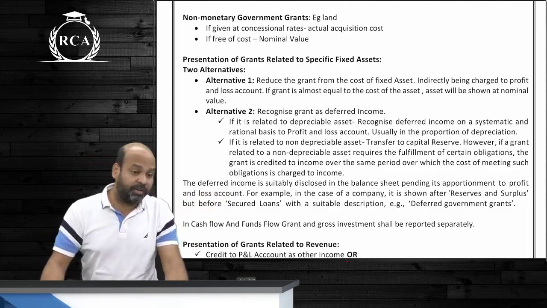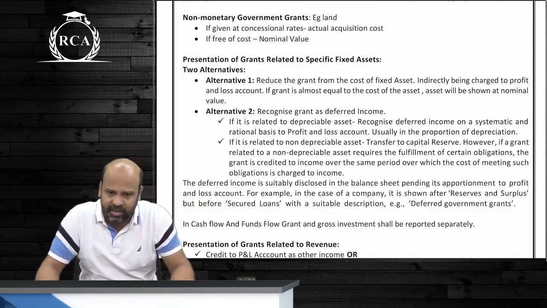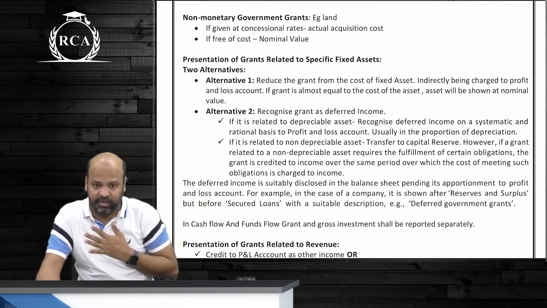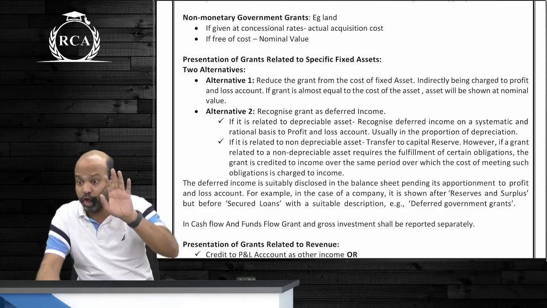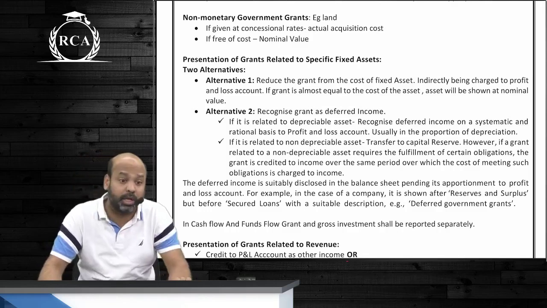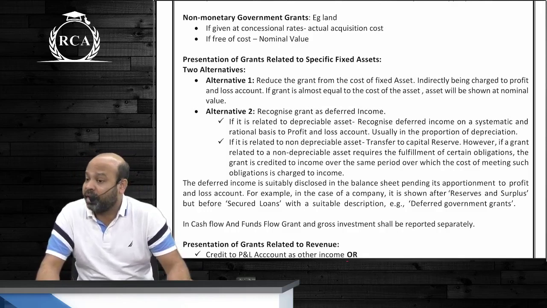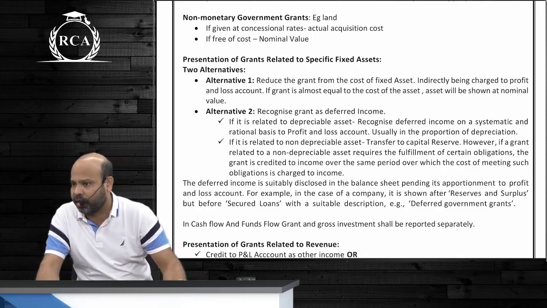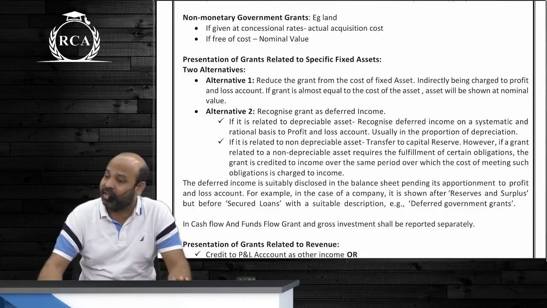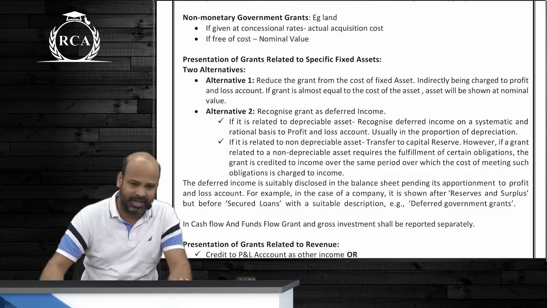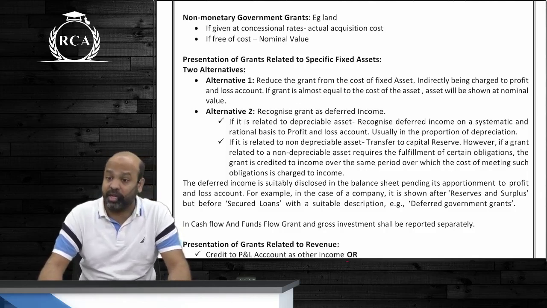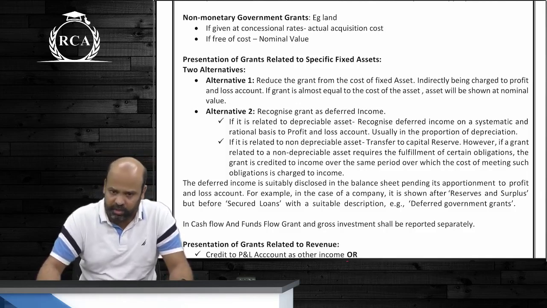In case you're receiving a non-monetary grant as such, guys, because you're directly receiving the asset from the government at zero cost, you're going to record that asset in your books of accounts at nominal value. If you're receiving an asset, beta, at a concessional rate, you will record the asset directly at the actual consideration paid for that asset. In case you're receiving a grant in respect of an entire project, the wordings, beta, will be you